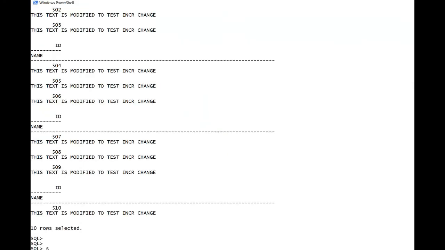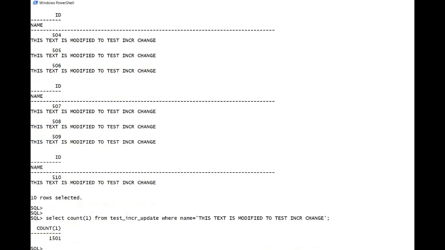So if you want to see how many rows we had updated, 15.1. So select count from test incremental update, where name equal to, let's copy this, Control C, Control V. So you can see 15.1 rows are updated.